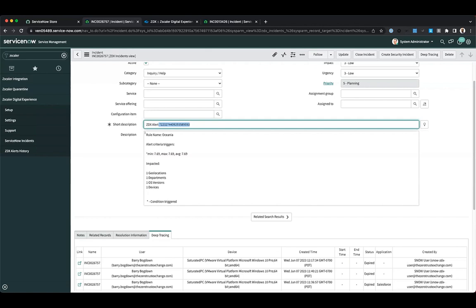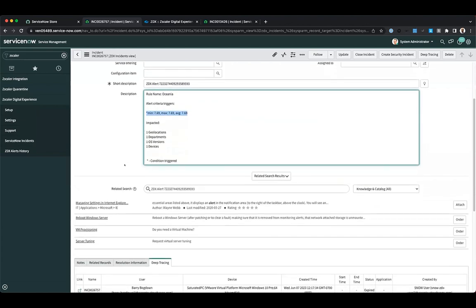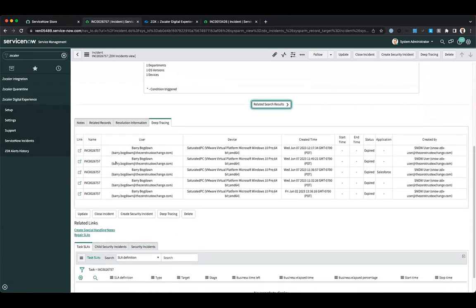But as you can see, the rule name that was created on the Zscaler side is called Oceania. I hope I'm pronouncing this right. It reaches a certain threshold that triggered this alert. At the very bottom here, I'll skip the other fields,